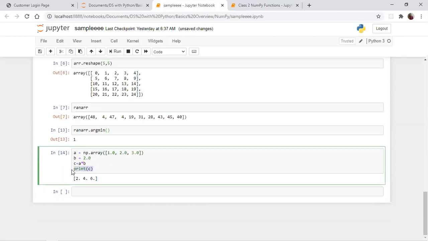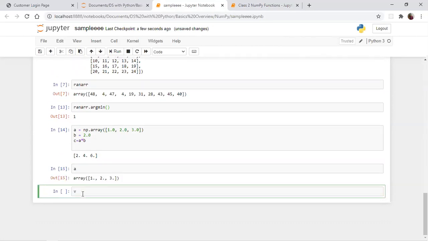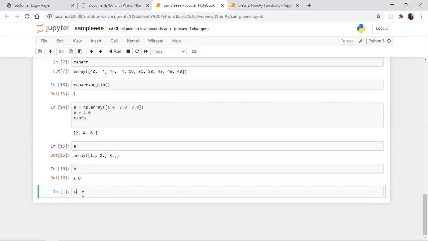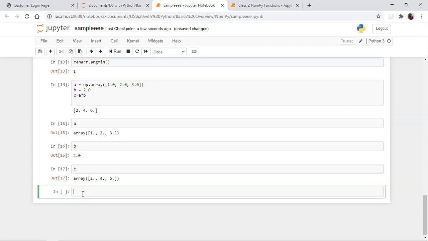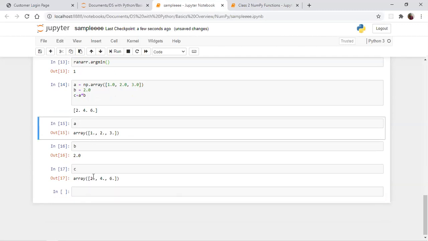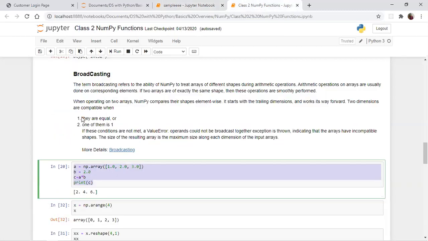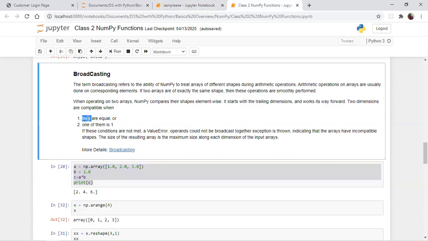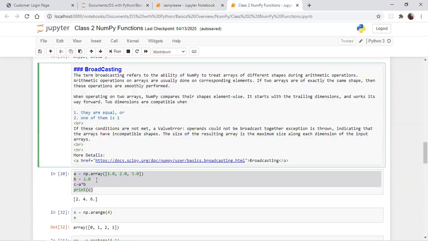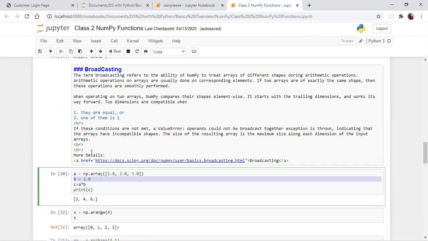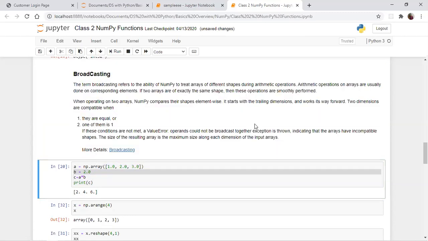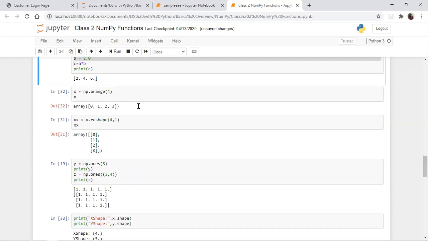So here you have A, which is a one dimensional array. A, B, C, all these are in different shapes. Here A and C are in the same shape, B is in a different shape. Now you can do an arithmetic function between two arrays if they are equal. A and C are equal. Else, if it's equal to 1, B has only one element, correct? That's the condition here. Okay, let's go ahead with this.